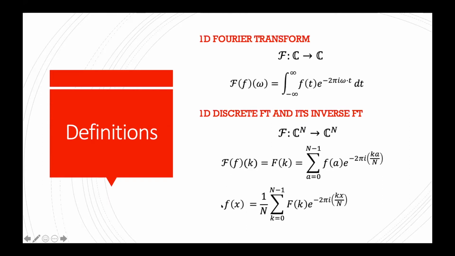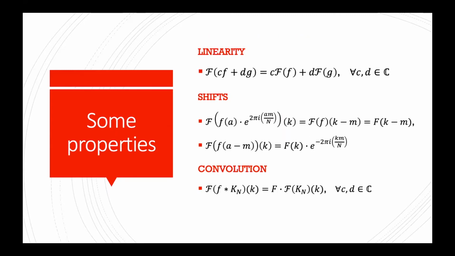There's also this inverse in which you want to get back, you want to remake your original sample signal, because the capital F_k here are your ingredients. Now to make this clear, this path from discrete to, let's talk first about some properties. I did not put all the properties, but the ones that you will see within this discussion,